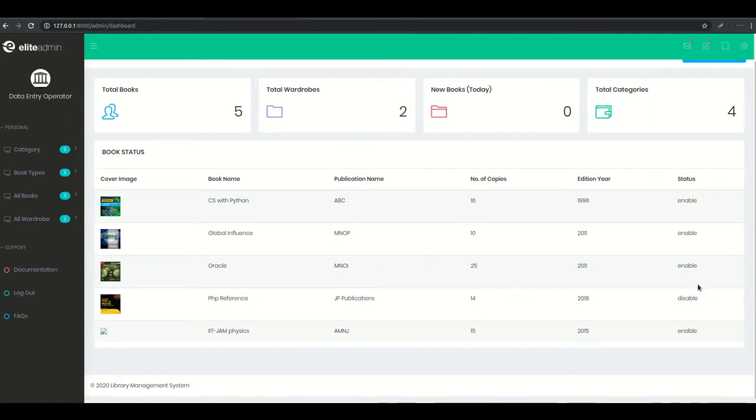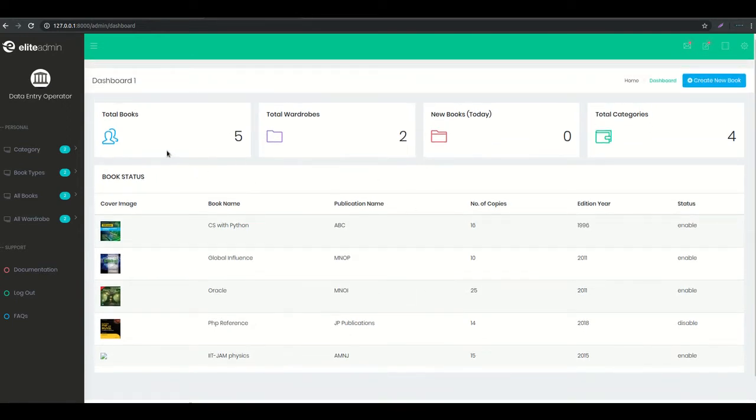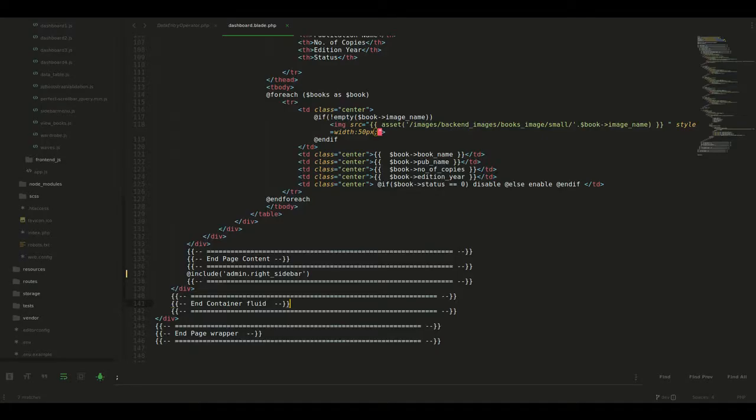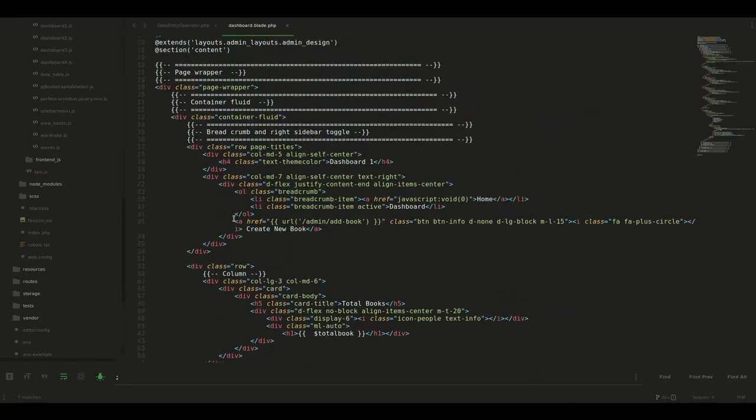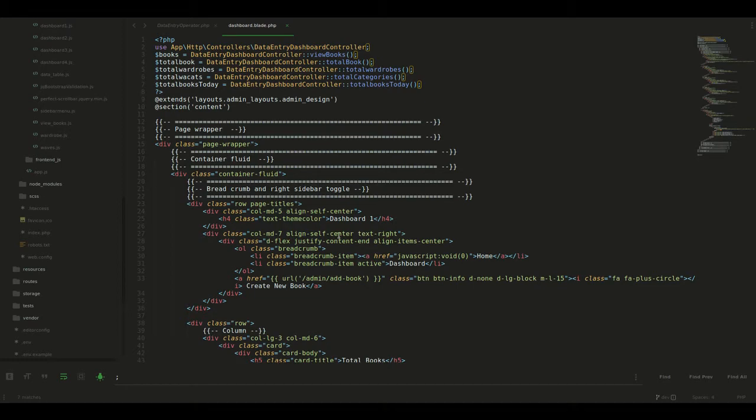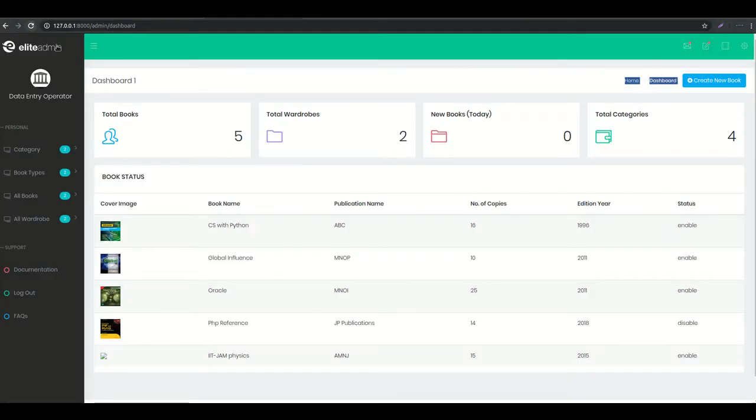Now okay, and another thing, I don't have any icon right now, so I will not change that total books icon. I will change that dashboard 1 to dashboard. Okay, so go to the text editor and find that name dashboard 1. This one is dashboard 1, so change it to dashboard. Okay, so now dashboard. So this is basically our data entry operator admin panel.